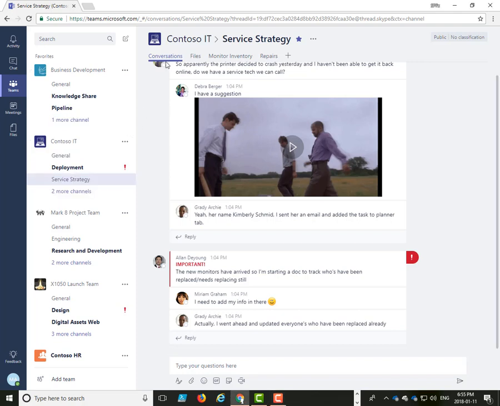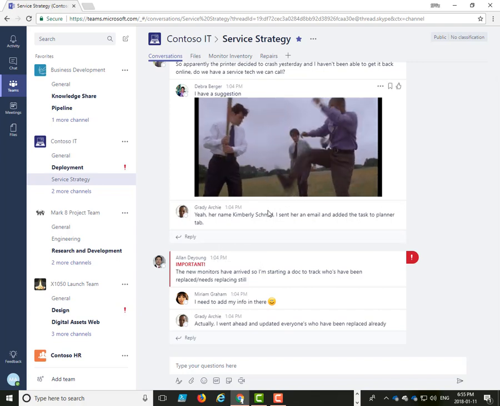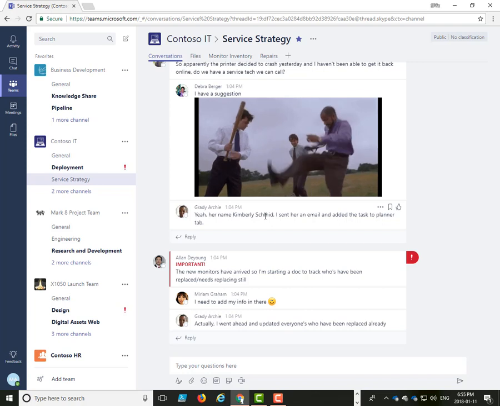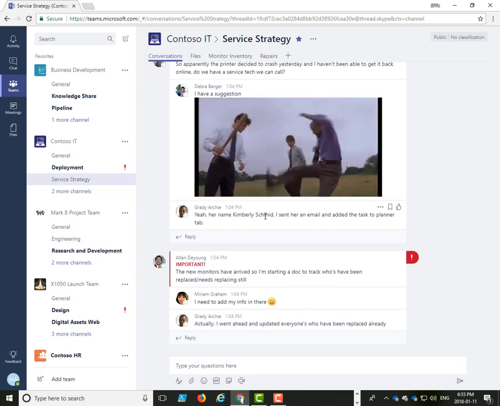And there's a conversation stream which is similar to the one-on-one chats I mentioned before, but this is now for anybody who has access to the same team who's able to participate. Again, you can see there is rich content that can be added directly into the conversation to make it a bit more fun.